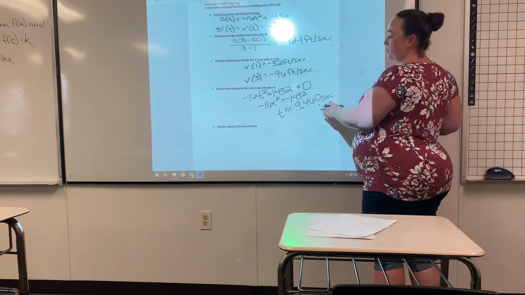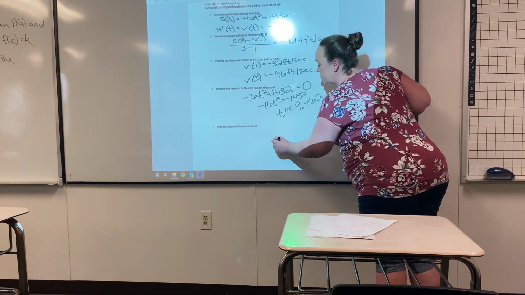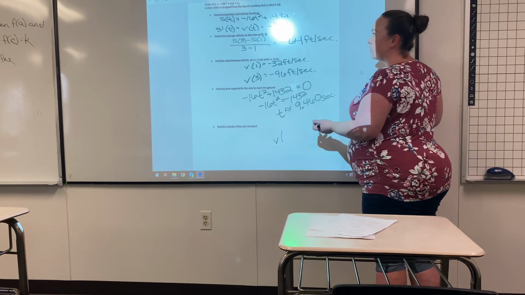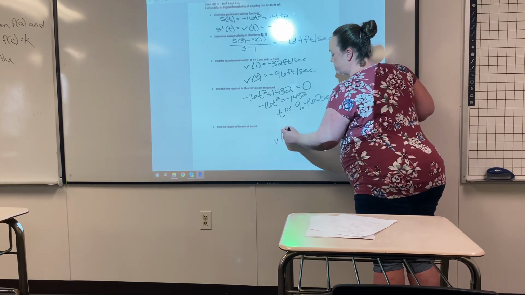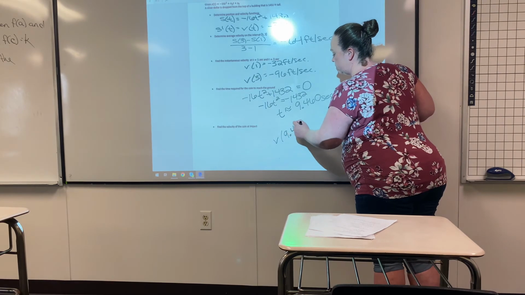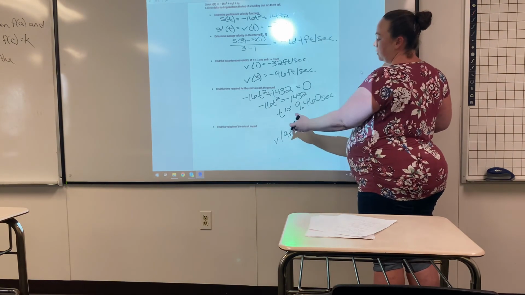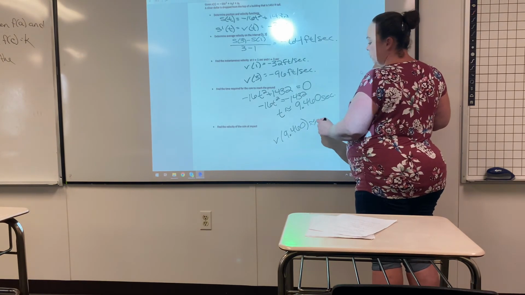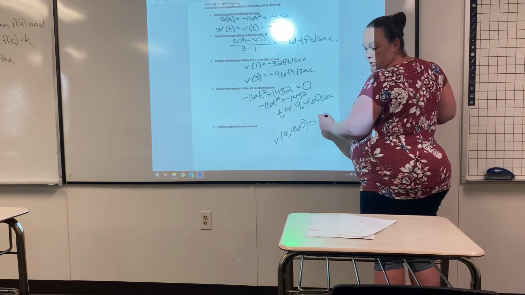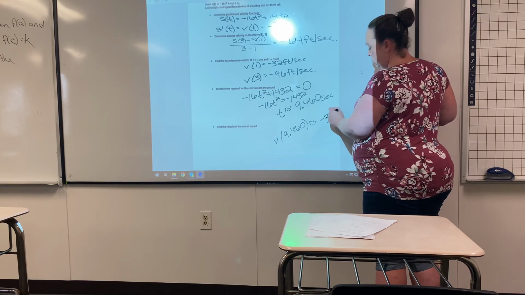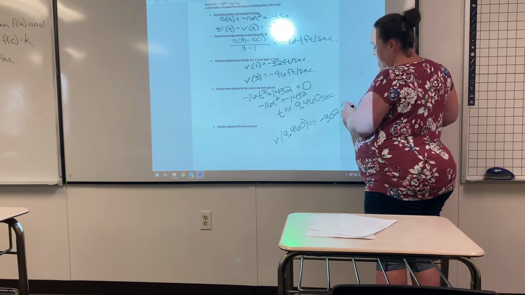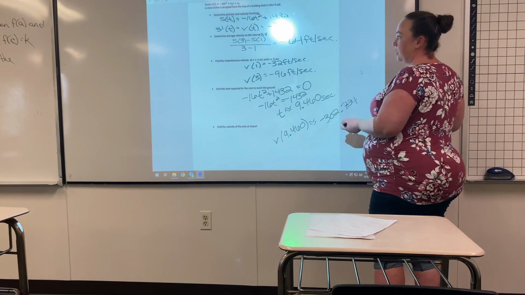So we have the rounded version, but when you do the velocity function, you would want to plug in the exact version. But again, you want to put in the exact version, which is going to end up being approximately negative 302.734, and then same thing, you want to label it, and velocity is